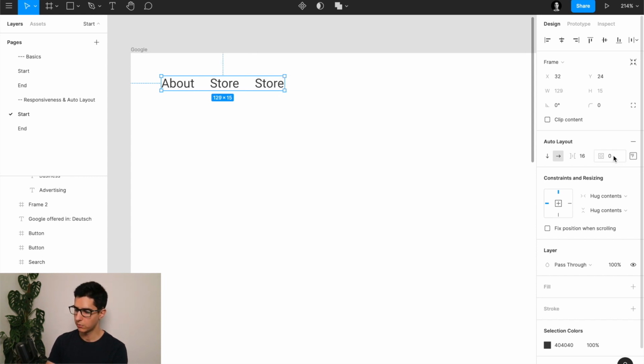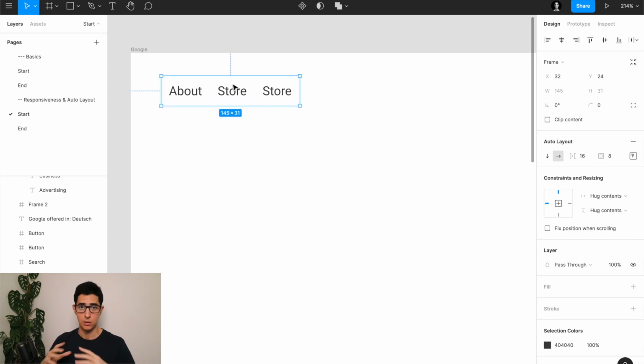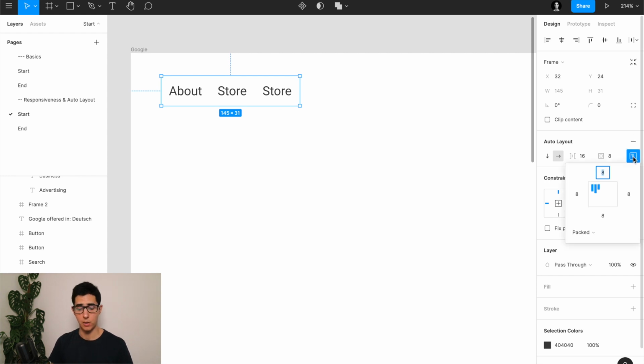And then here you've got some more properties that are attributed to padding. And padding has to do with the spacing around the layers, around the objects that you are dealing with. So if I were to add here an 8, you can see that now the parent layer is a little bit bigger because now it's not just the layers, it's also a little bit of spacing that the layer has to respect. You can go a little bit more in depth about auto layout by clicking on this icon here